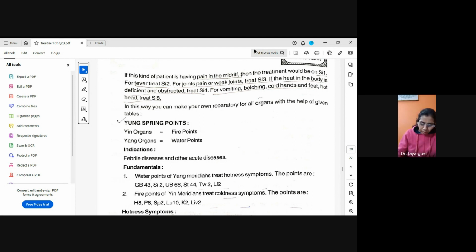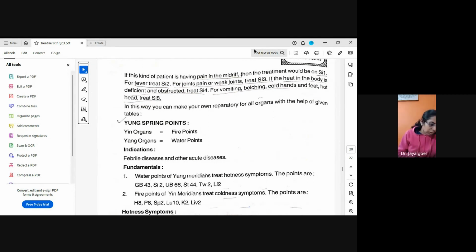K1 and GV 26 are very essential points, important for many reasons that were discussed yesterday. For high blood pressure, we use K1 to reduce the pressure. If low blood pressure, we use GV 26. And if somebody is faint, then we press these 2 points to revive that person.